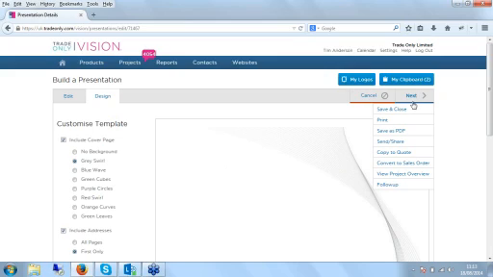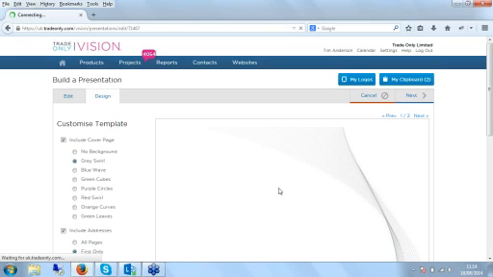Once we've done that, the customer can order, and then from here we can convert this straight to a sales order with a click of a button. We can obviously arrange follow-ups from within this drop-down as well, or view our project to see exactly where we're at. So I'll show you the process all the way through. If we convert this presentation now to a sales order,